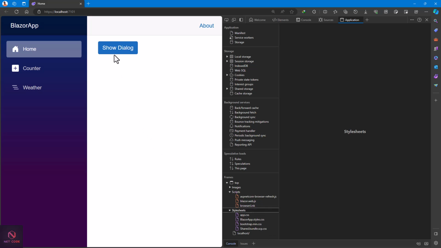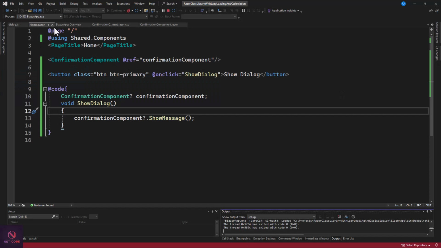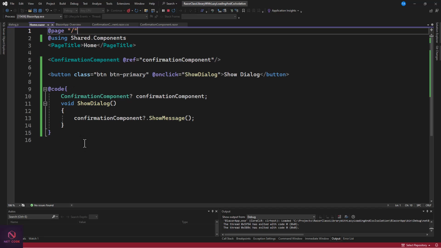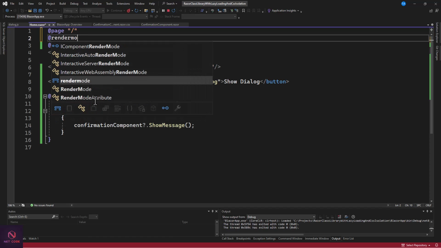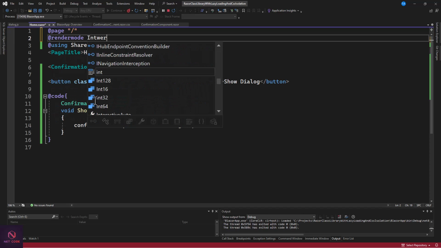Now let's see. If I click on this, what's going to happen? Click on this, and let's see. Okay, so nothing happens. Do you know the reason why? Yes, I know. Do you know? Because here we have not implemented it, this page is not interactive, it is statically rendered. Okay, so we need to make that interactive. So at render mode, interactive server,